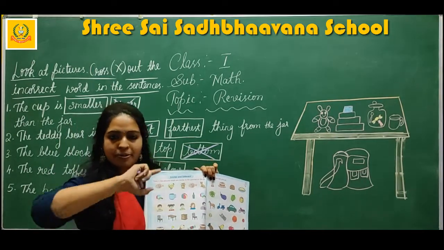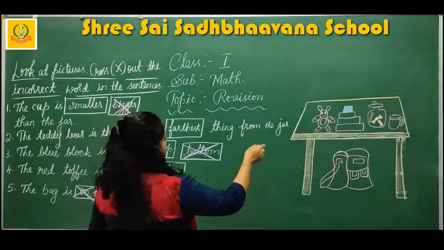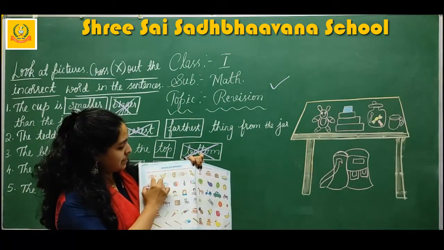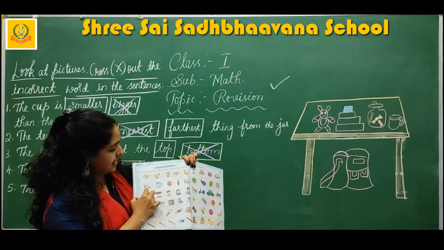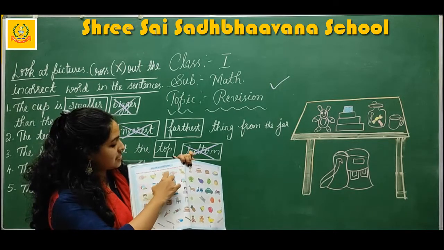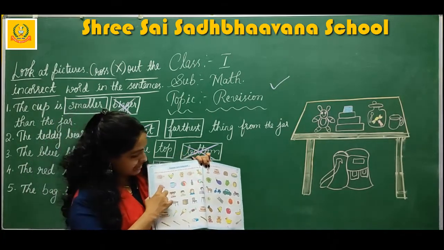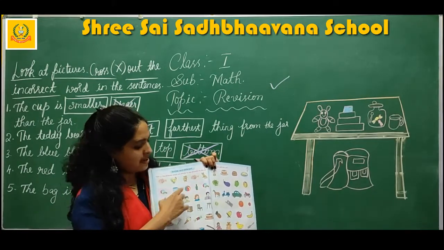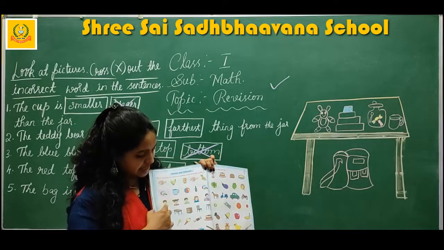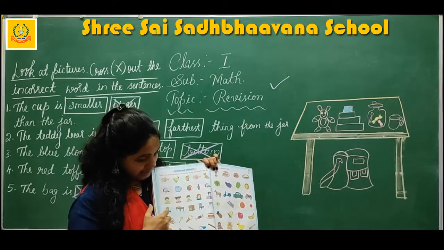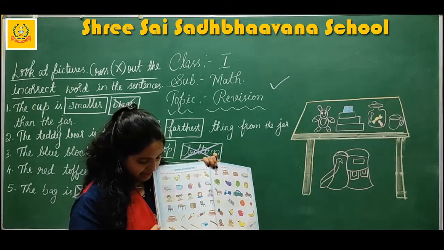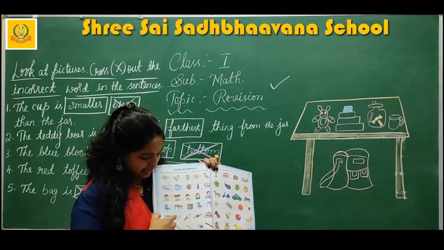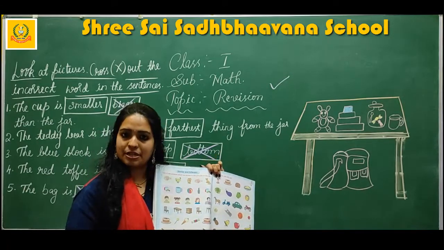To this fish you have to put a tick. You have to put a tick like this. That means similar thing. Okay, cap is here. Tick the pictures which are similar to the pictures on the left. Okay, that is what you have to do. Cap is here. You have to see the cap. Where is the cap? Cap is here. Boy is here. Here you have to see the boy. Here chair, here cake, and here pencil. So you have to search pencil here, cake here, chair here. So will you do this?